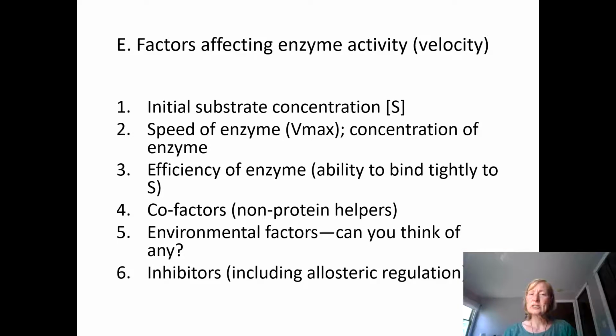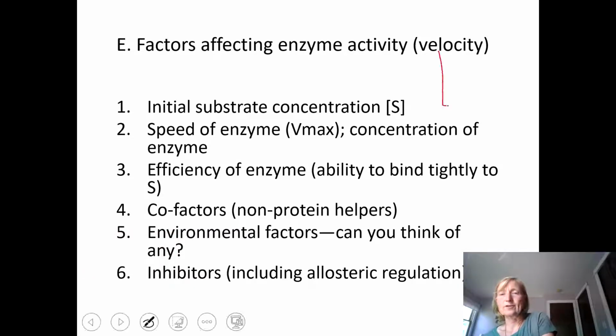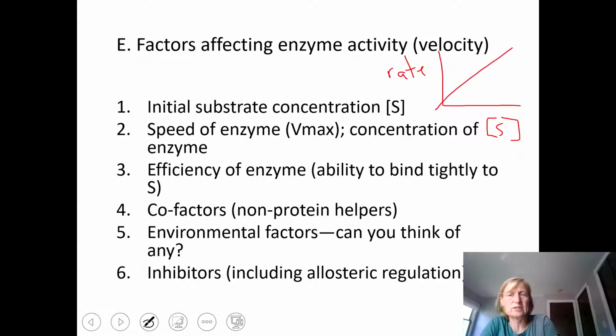We'll start with the initial substrate concentration. Now, the question is, what would happen if you increased the substrate concentration? So let's say I have a little graph here with the reaction rate, or the rate of the reaction that we're measuring, and this would be the concentration of the substrate if we get more and more and more of it. Seems like if you had more substrate, what would happen to the rate of the reaction? And you have a given level of enzyme. Well, it seems like it should go up. But does it go up forever? I want you to think about,